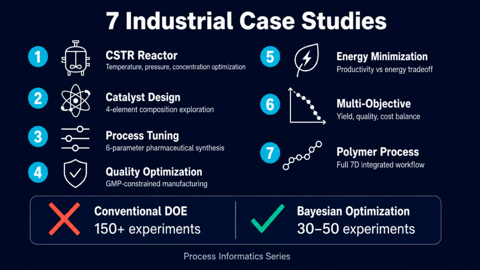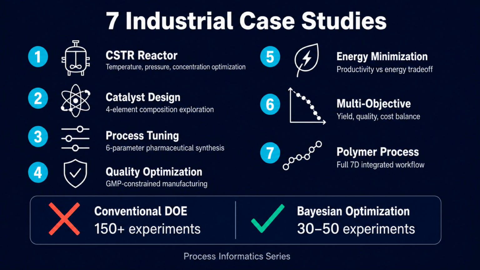We'll cover 7 progressively complex case studies in this chapter. These range from continuous stirred tank reactor optimization with temperature and pressure control to 4-element catalyst composition design to 6-parameter pharmaceutical process tuning. We'll also explore quality optimization under GMP constraints, energy minimization with Pareto analysis, 3-objective optimization balancing yield, quality, and cost, and finally a fully integrated polymer polymerization workflow. The key insight is that Bayesian optimization typically requires only 30–50 experiments compared to 150 or more with conventional design